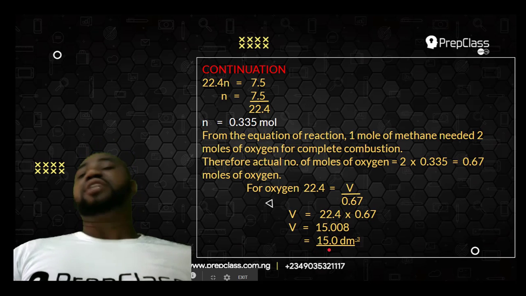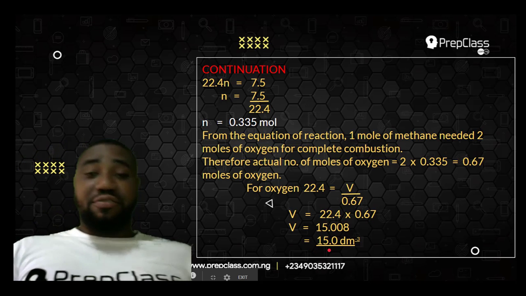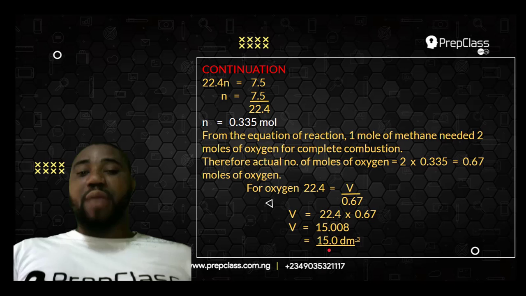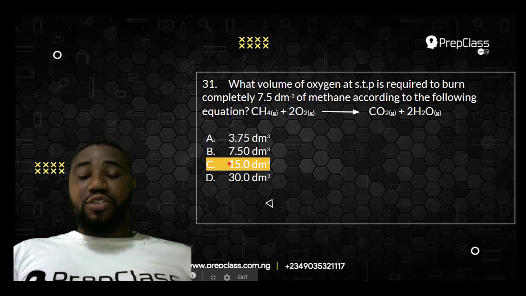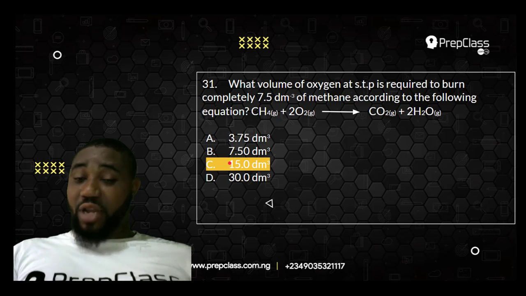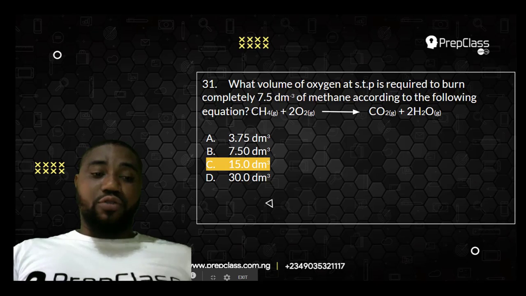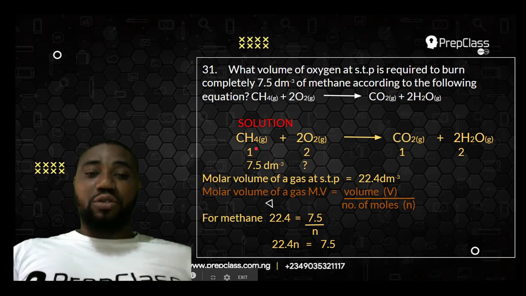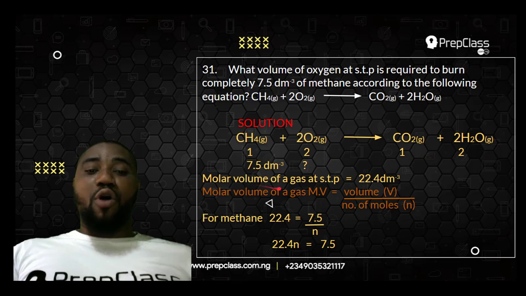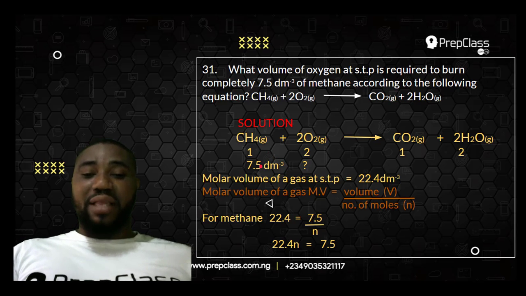Which is actually 15, or you can say 15.0 dm³. Very, very simple. So this is your correct answer, 15.0 dm³. I believe you understand how we solved this question. We first of all wrote the equation of reaction to get our mole ratio. We now look for the number of moles of the volume of the reactant that was given, which is methane,